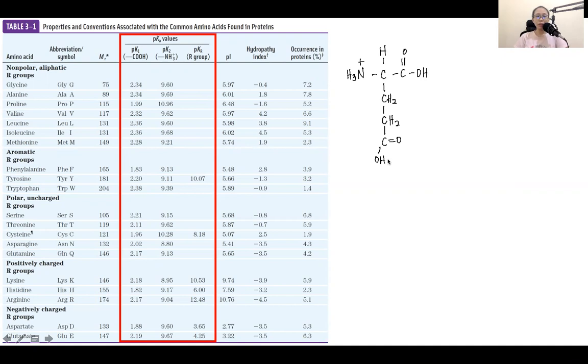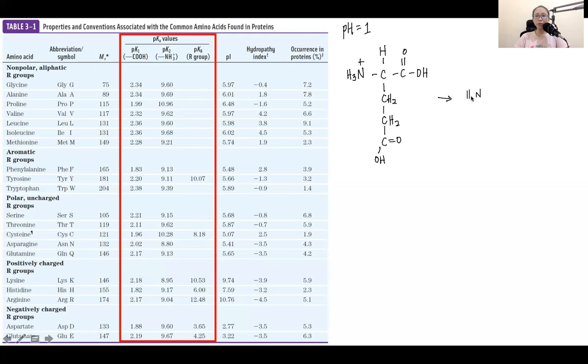So again, pK1 refers to dissociation of the hydrogen or the proton from the carboxylic acid functional group attached to the alpha carbon. So again, if we start with the solution of glutamate with a pH equal to 1, all of the protons are still attached to the molecule. We add base, and if we reach a pH equal to 2.19, it means that half of these, so if we have a certain population of these molecules, half of the population will now be deprotonated at the carboxylic acid